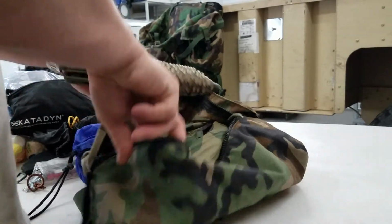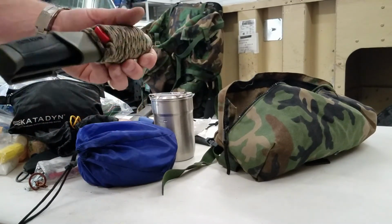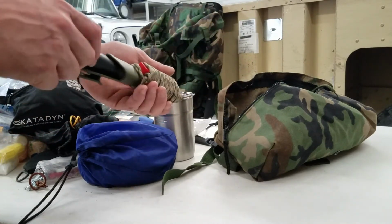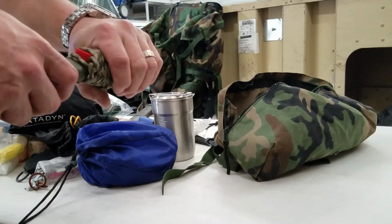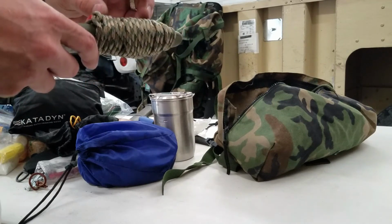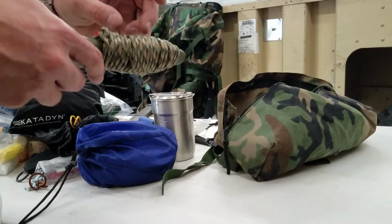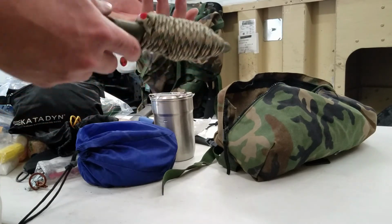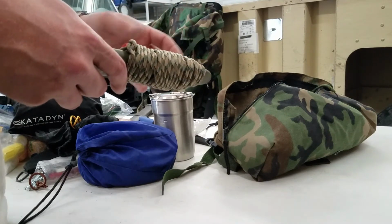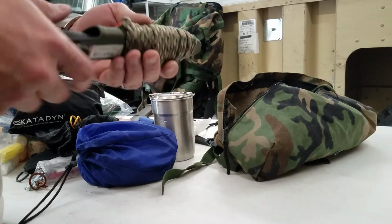That's all I've got in here except for this guy. I made this a couple weeks ago. Obviously, I didn't make the knife. This is just a Mora knife, a $12, $15 knife on Amazon. But what I did here, and I'm not going to take this all apart, is I've got some brass line, some snare line. There's say 20, 25 yards of brass line, then probably about 40, 50 yards of fishing line in here, a flint striker, and then this is